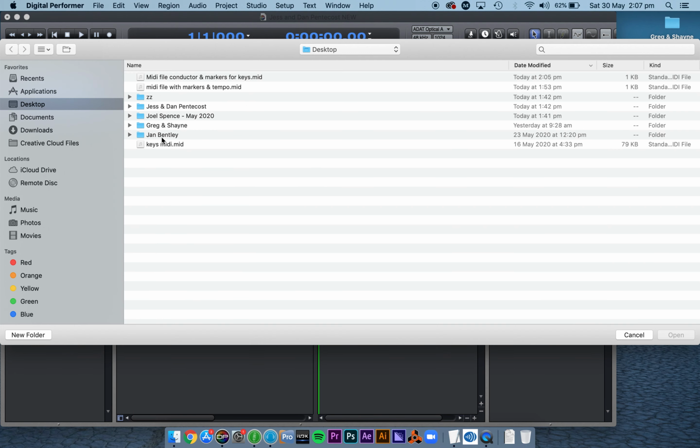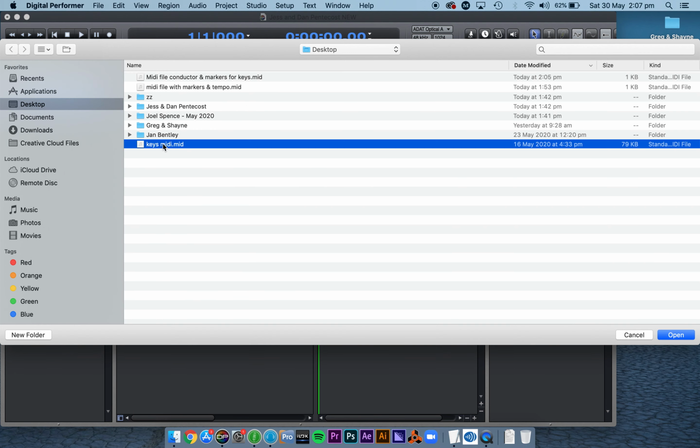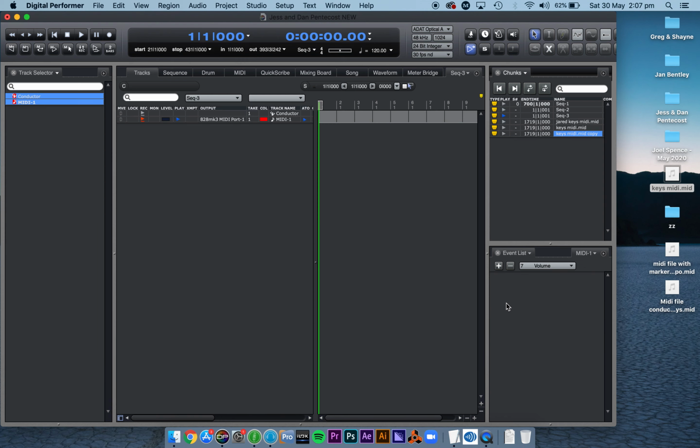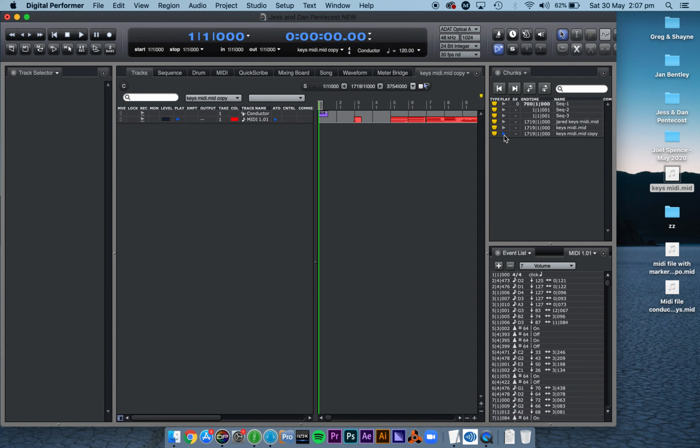So I find my friend's keys file from Pro Tools, right? So he sent it back to me as a standard MIDI file. If I click open, it's going to create a new chunk. And you can see down here, as I click on it, guess what? It's brought back all the conductor track markers and tempos and meter changes and everything that I sent him in the first place,